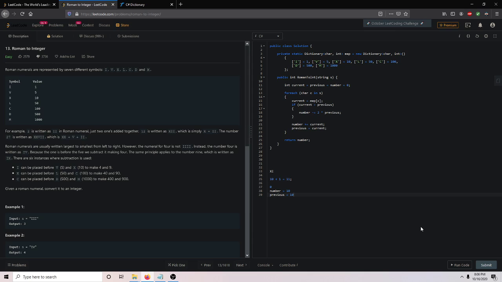So then we go through the next iteration, and now we get 1 for I, which is 1. And if 1 is greater than the previous, which is 10, that is incorrect. That's not true. The condition is false. The code in the if statement block does not execute, and thus number is going to equal 10 plus 1, which is going to be equal to 11. So that's how that algorithm works, and that's going to iterate through each character in the input parameter